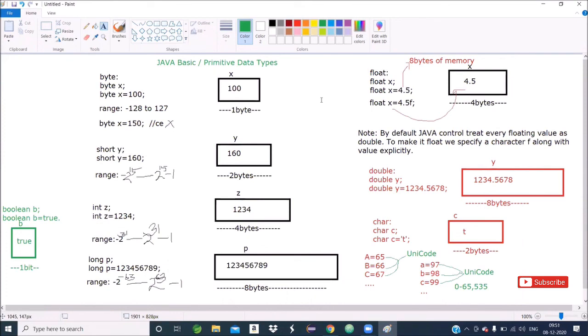Float and double come under floating-point data types, when we assign floating values. Char represents the character data type, and each character is identified by its Unicode representation. And the last one is the Boolean data type, a small data type, where the value of a Boolean variable is either true or false.